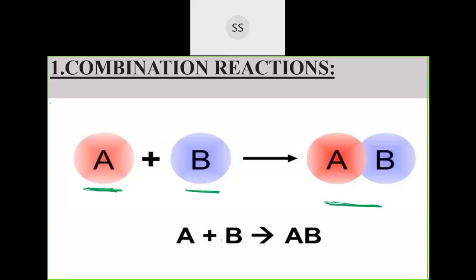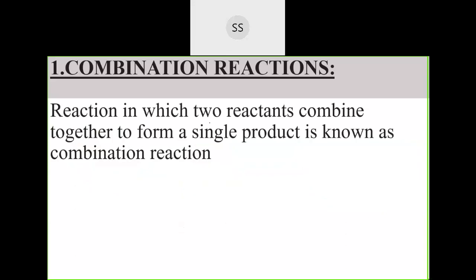So that is combination, where in this reaction two reactants combine together to give you one single product. You can even imagine like if I have two small laddus and they have combined together, you get one big laddu. So that is combination reaction. Let me give you one example for this. Simple example you can take: carbon plus oxygen combined together to give you carbon dioxide, and the equation is also balanced. Yes, hydrogen plus chlorine also giving you HCl, that is also correct. So carbon plus oxygen giving you carbon dioxide.